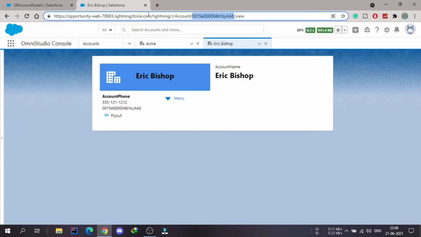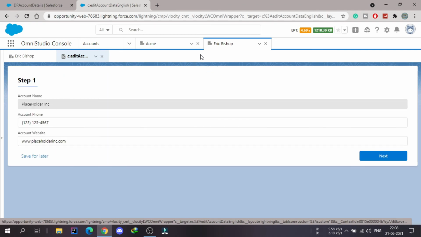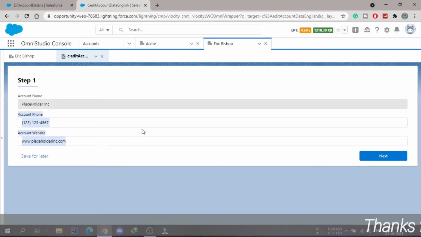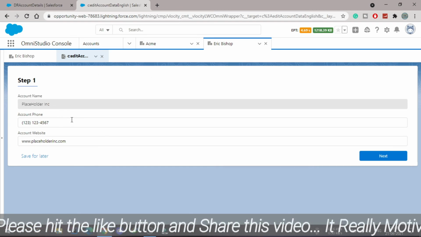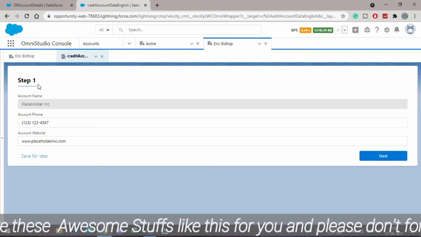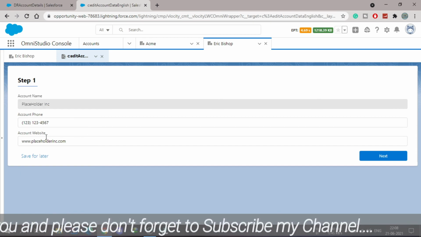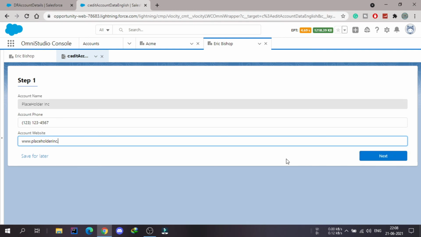So everything of this card is now working except this Omni script. If I click on this Omni script, it will open the Omni script, but it will contain dummy values. Still you can see that it is getting the values as a placeholder which was there for the account also. So we need to integrate this Omni script also with the live data. In the next video I will cover this, where we will get the live data here and make any changes, and after making any changes, if you click on next, it will save the edited data back to Salesforce.